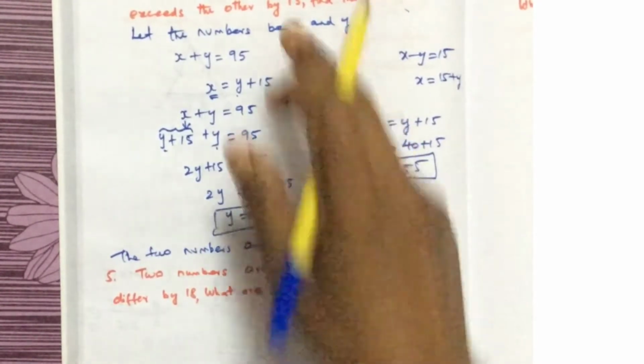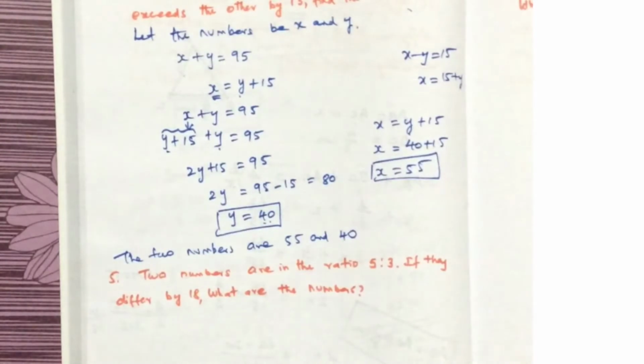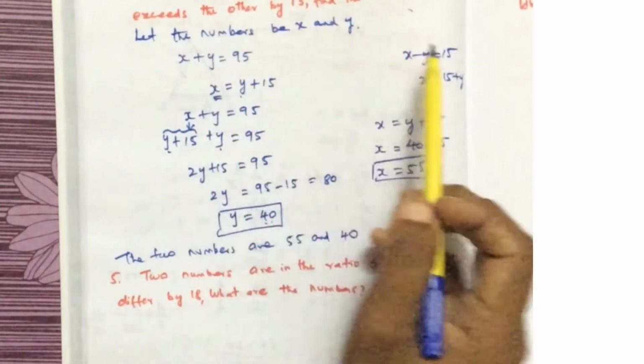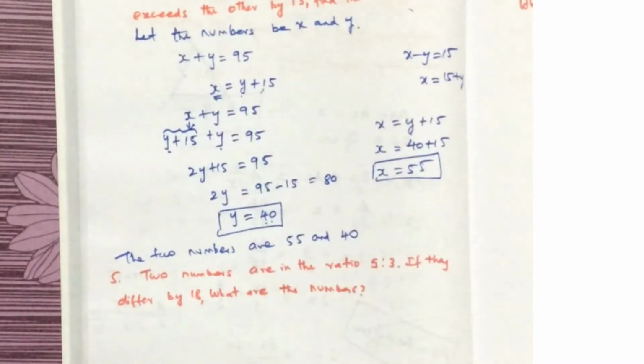If you add, you should get 95. So you should know how to write the equation if they say one exceeds the other by 15. If you know how to write this equation, then the problem is very simple. Okay, the next problem is,